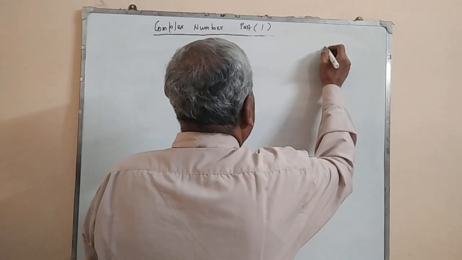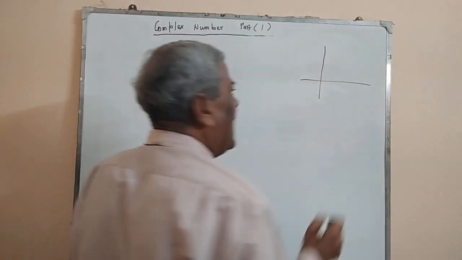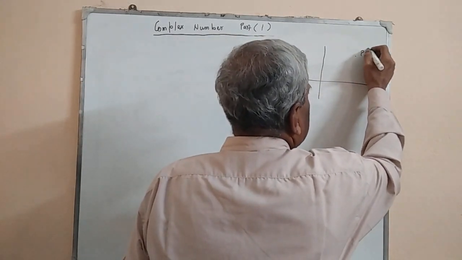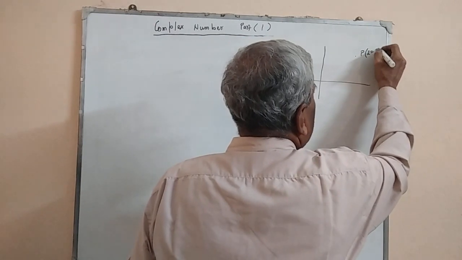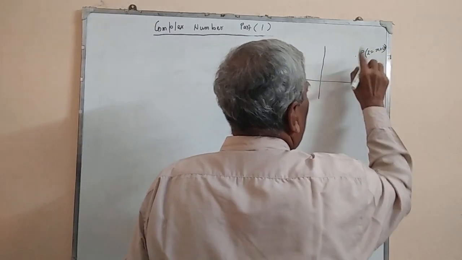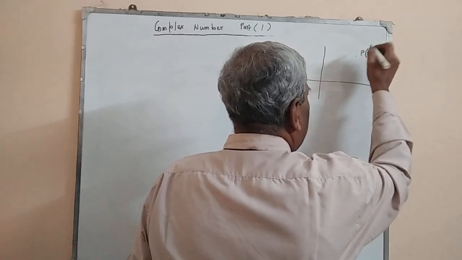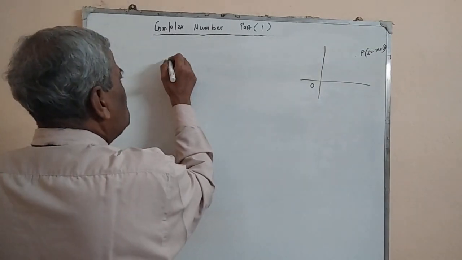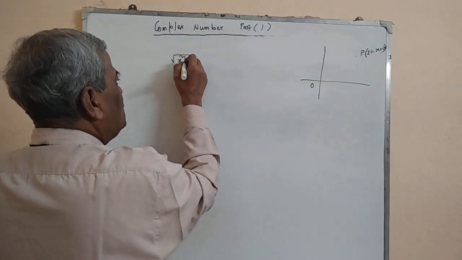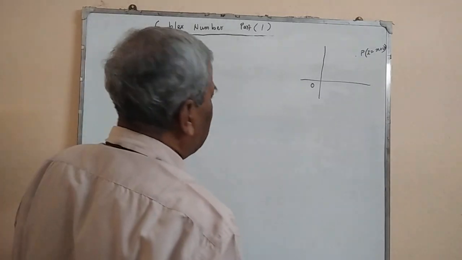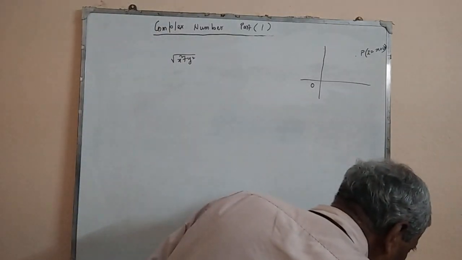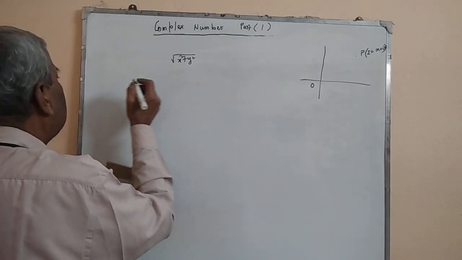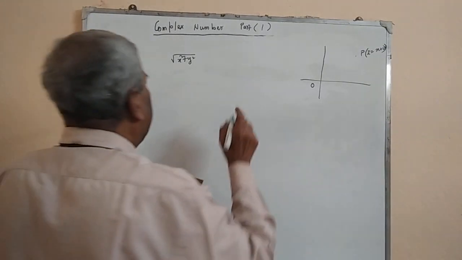Suppose this is a complex plane, the Argand plane, and Z is equal to x plus iy, a point on that. So its modulus is OP, that length OP, which is root over x square plus y square, real part square plus imaginary part square. And a few of its properties are: